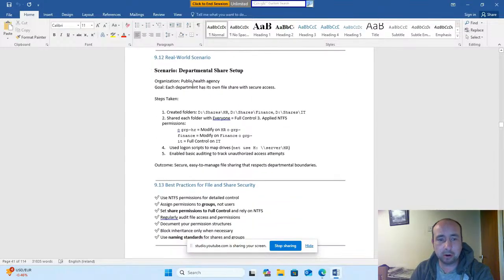Department share setup. Organization: a public health agency. Goal: each department has its own file share with secure access. Steps taken: 1. Create folders D:\Shares\HR, D:\Shares\Finance, D:\Shares\IT. 2. Share each folder, shared with Everyone,